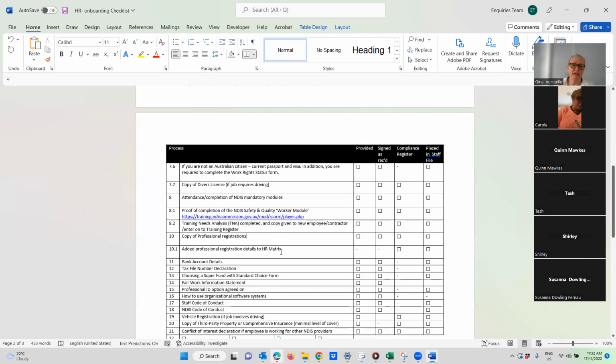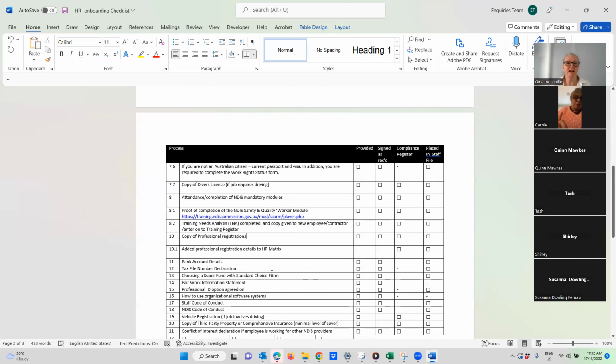You can't have something in a compliance register if there isn't a piece of evidence to back it up. So we do this, we do this, we do this, we do this. Great, it's done. Gina, can I ask a question in regards to professional registrations? Yes, of course. If they have a professional registration, but they're not using it within their role at the company, do they need to still have it on file? No. The qualification, always good to see that they've got something, but no, they don't need to because they're not using it. That's right. And if it's not in their scope of work, in their position description, no, absolutely not.